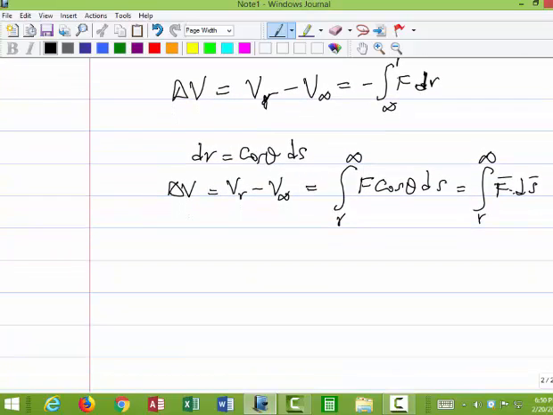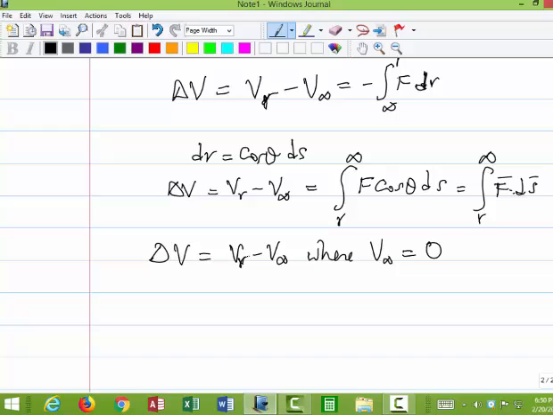Okay, and so that should take care of it. So we can say that delta V is therefore equal to V_R minus V infinity, where